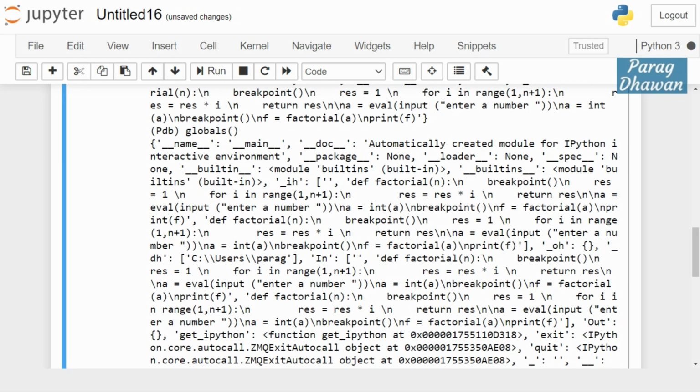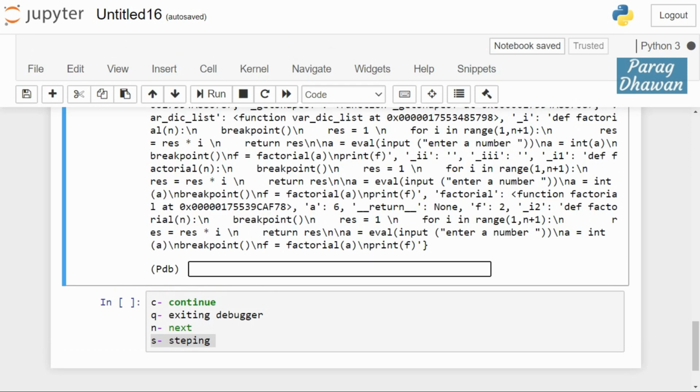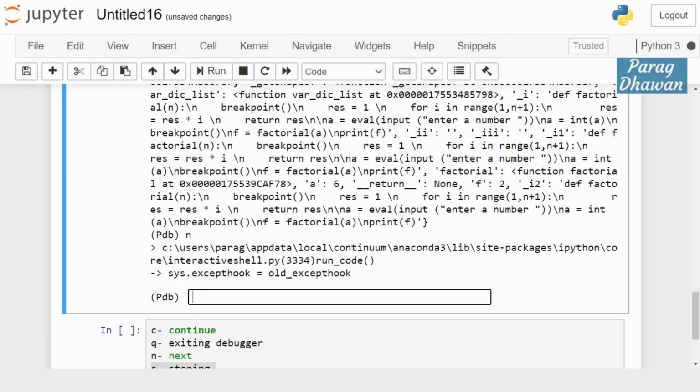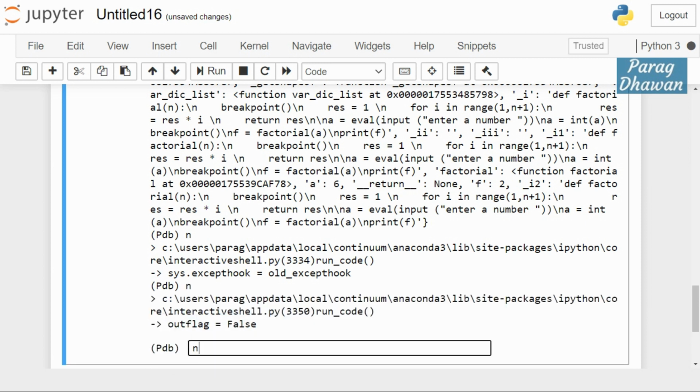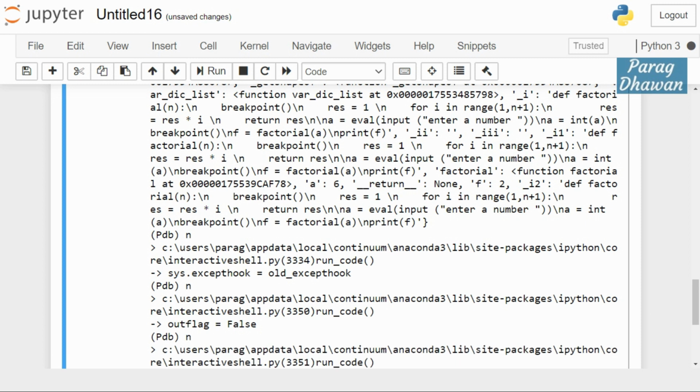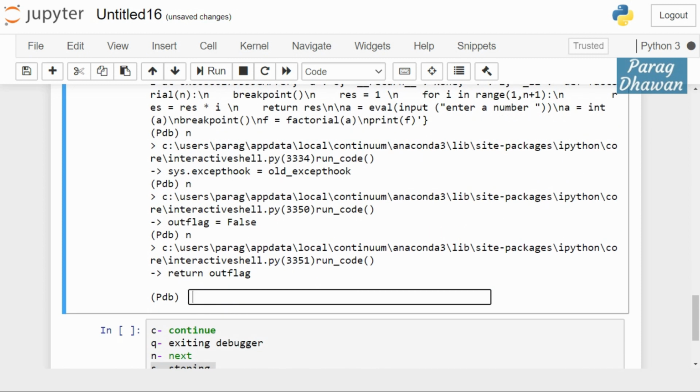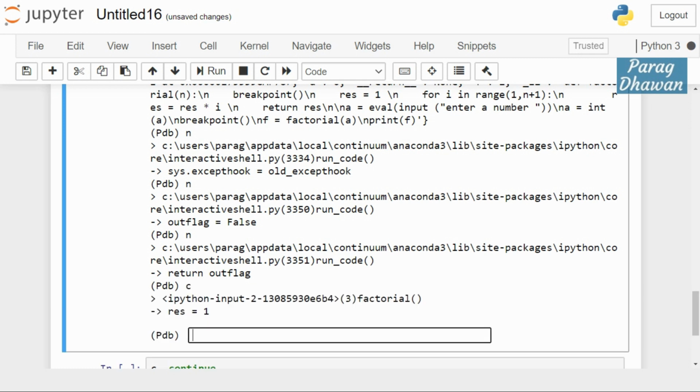It will show all the global variables available. Then if you run the next command, you will enter into system's function next. It is a running system library function, therefore we will run C to enter to the next breakpoint.